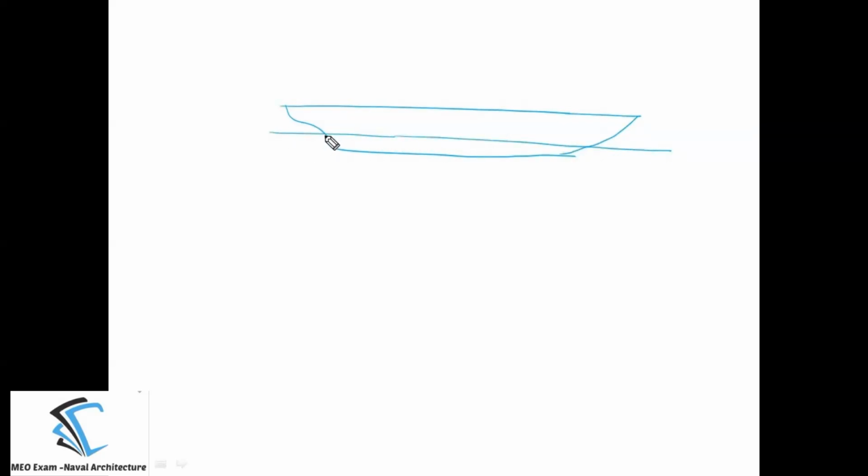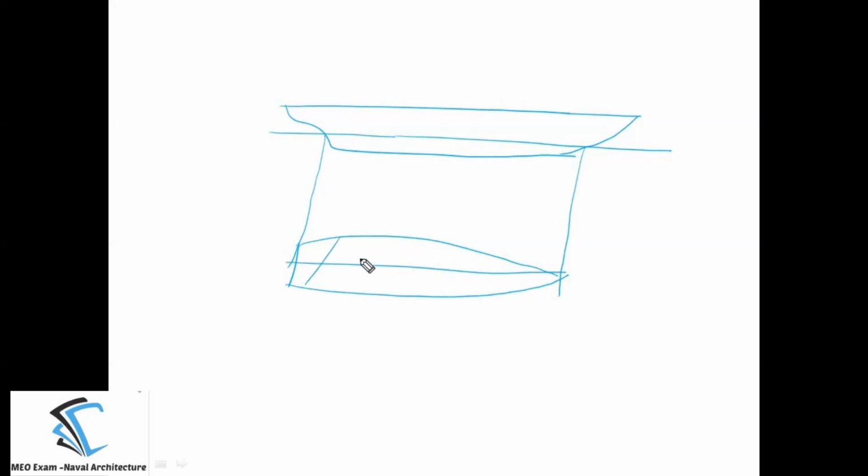Nowadays we have very good software available, like AutoCAD and CATIA. These different modeling software packages are available, and with one click you will get the values. For example, take a ship. I'm looking at the ship in a profile view, and this is one of the water lines. At this water line I will take the projection like this, and this will be the corresponding water plane.